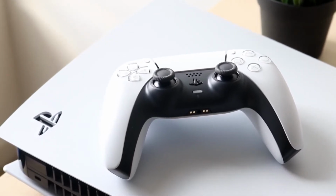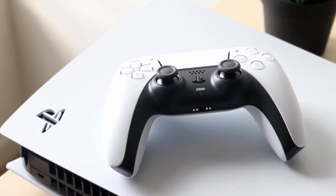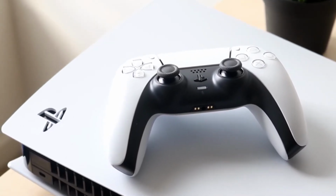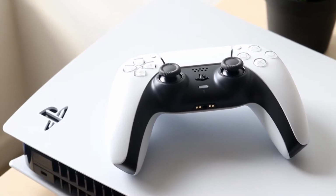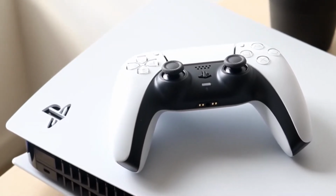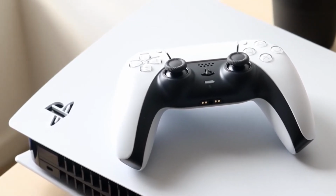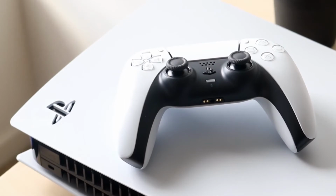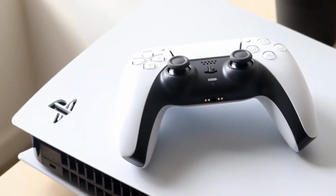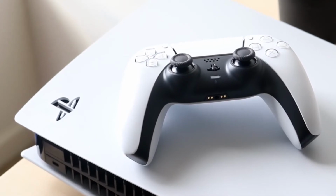console really, is to double check that your PlayStation 5 has enough room around it that it can go ahead and pretty much breathe properly. And what I mean by that is cold air comes into the PlayStation 5 with the fans and hot air comes out of the PlayStation 5 through the exhaust. So you want to go ahead and make sure nothing is covering the vents, and you want to make sure there's enough room for things to come into the PS5 and for the hot air to come out of the